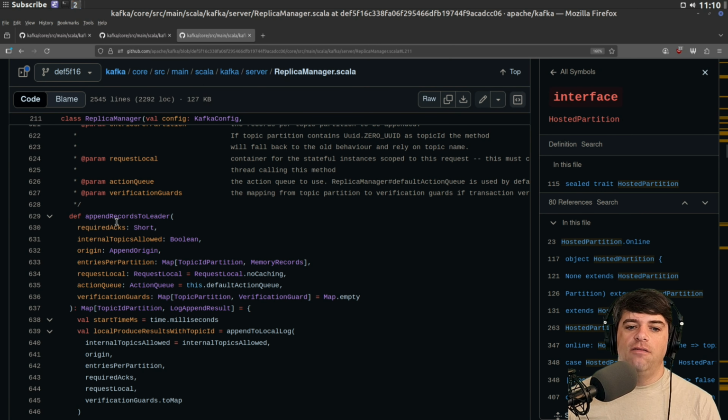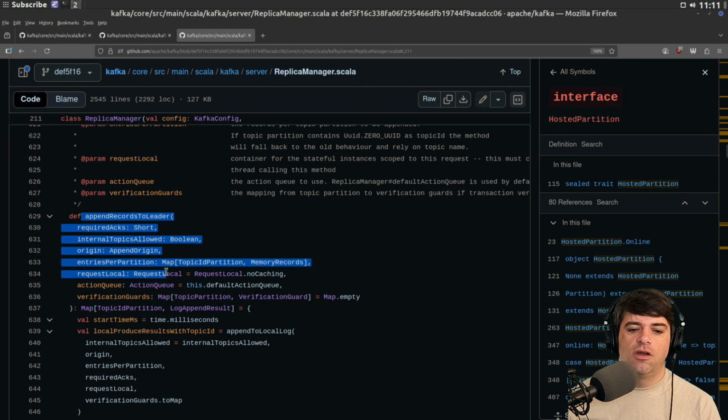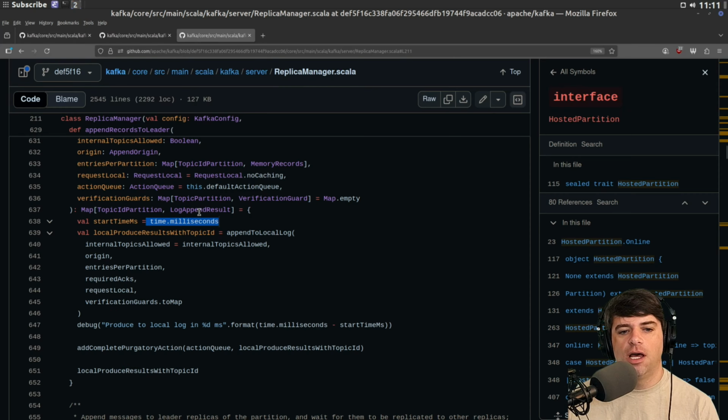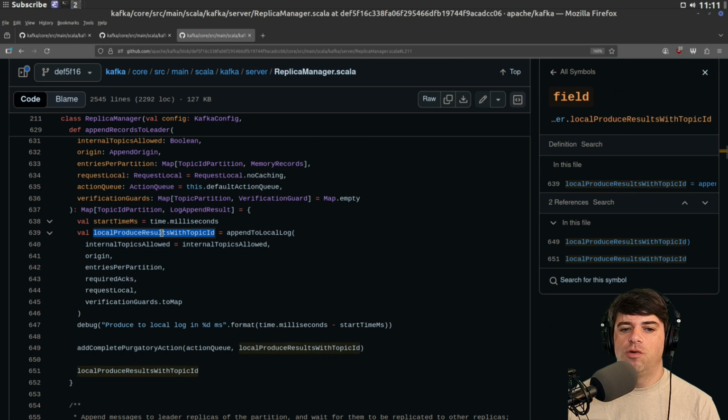But at any rate, we're going to have this append records leader function. It's going to start in milliseconds, which we get timed on milliseconds, confirming that this is really a clock. And append to local log, internal, basically the stuff we passed in. It's going to give us a local produce results with topic ID. And then we're going to call add complete purgatory action.